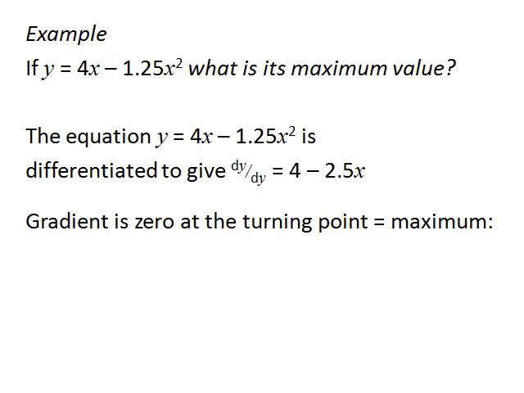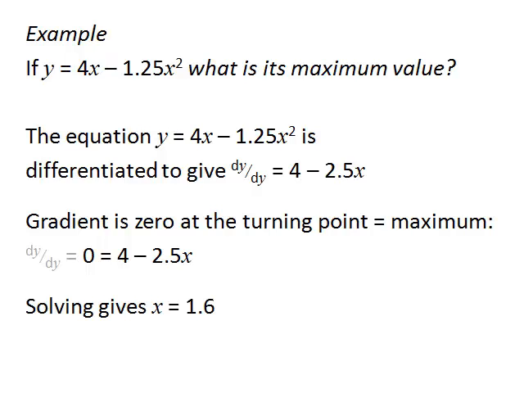The gradient is 0 at the turning point, and the turning point is the maximum. So we make the gradient equal to 0, and the gradient is also equal to our differential. We solve that, it's a fairly simple one. That gives x is 1.6. But we're not asked what x is, we're asked what the maximum value of y is. So we put our value of x, 1.6, back into our original equation,